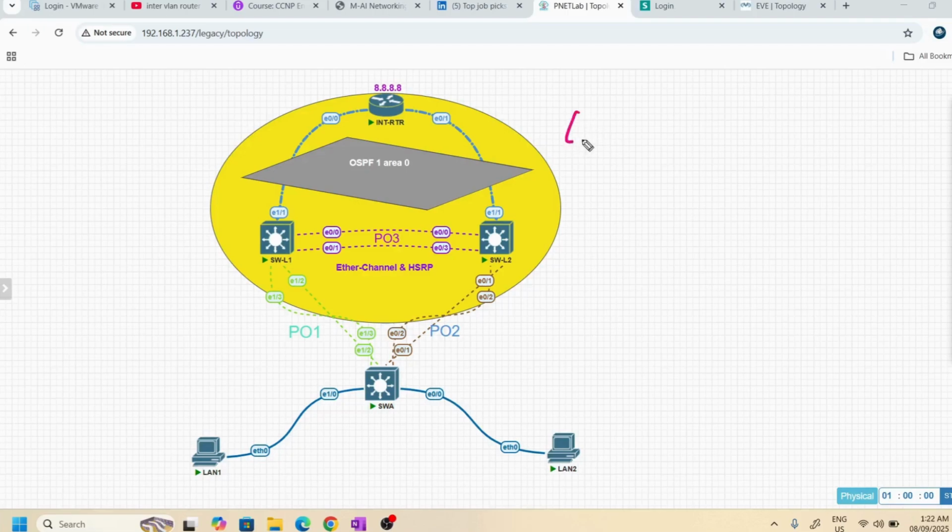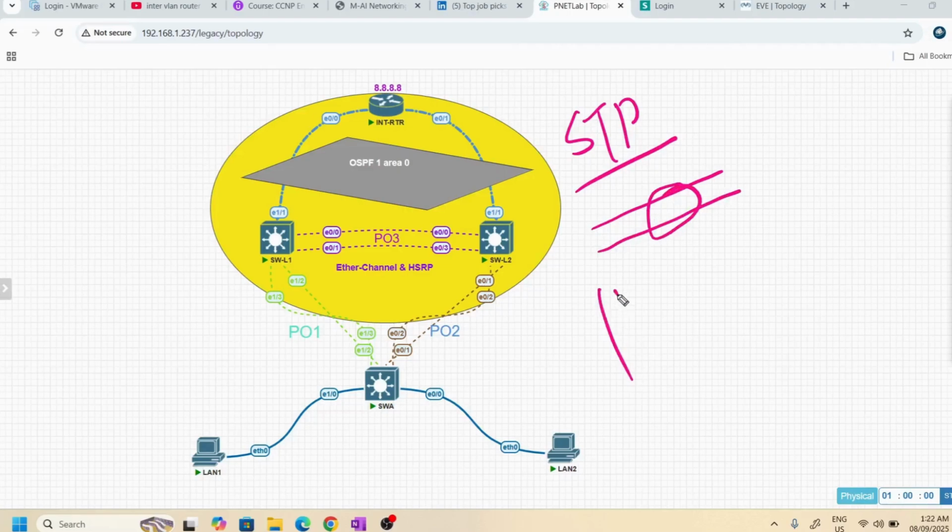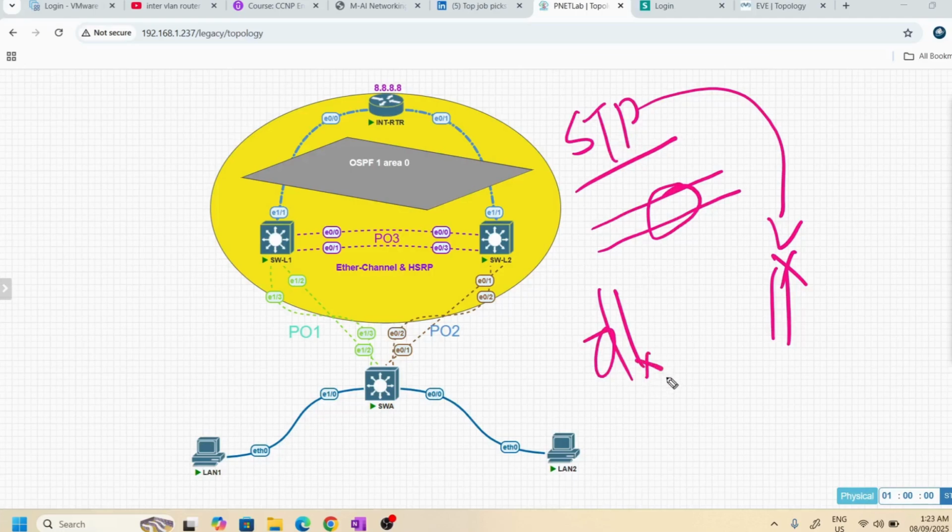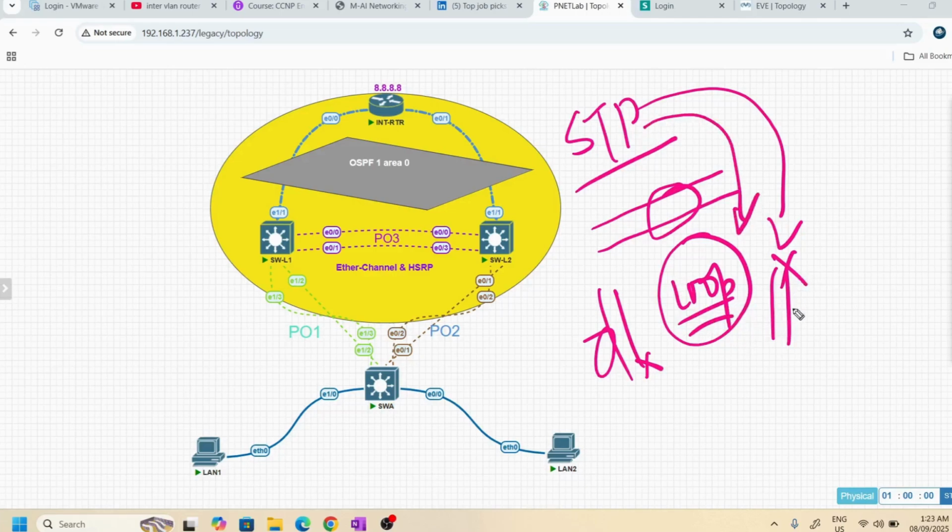I believe you know about STP. Earlier I said, why are you going to use a bundle of links, and why not use them one by one? If you use them one by one, STP can block one link, so the problem remains the same. You cannot utilize one of the links here, because the role of STP is to block one of the links. Why? Because looping would otherwise occur in switching technology, so STP blocks one of the ports to prevent the loop.